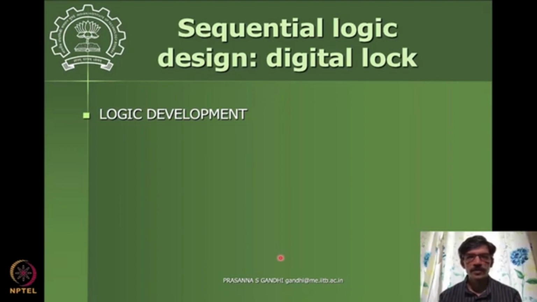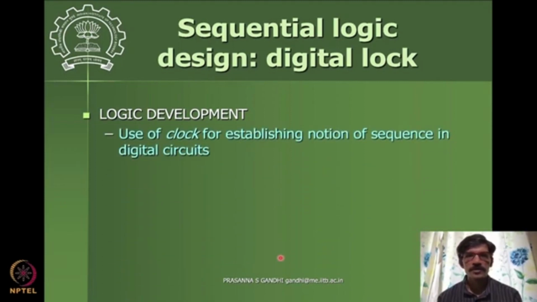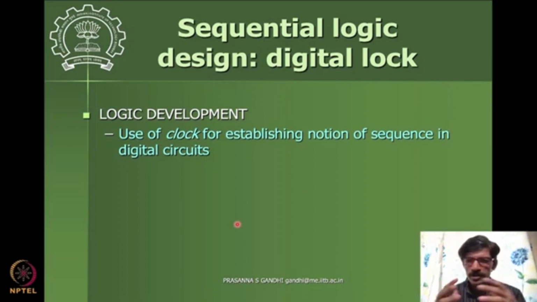Okay, so for this, we need to define something called states. We introduce states so that we can introduce the notion of sequence for going from one state to another state. That's how we need to define states. We'll see how that can happen for this particular problem, and then these notions can be generalized to solve any other such problem by using sequential logic